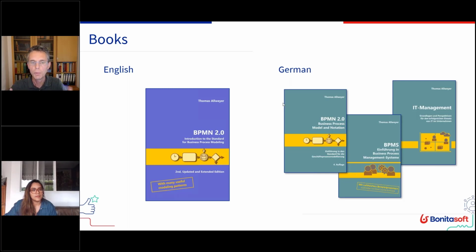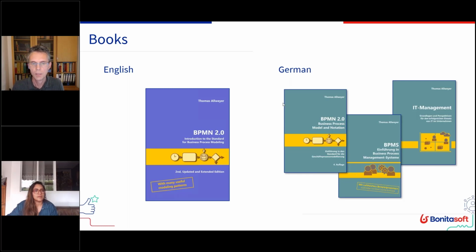You just can deploy it in the running system, and then you can use the new version of the process. And if you need these things, these features, then it's useful to have a process engine,